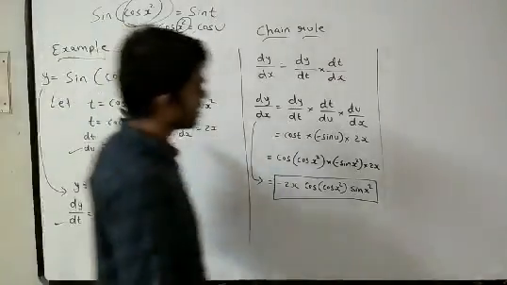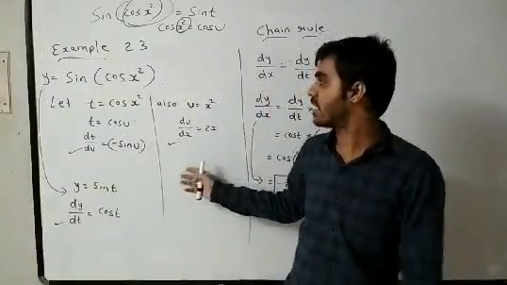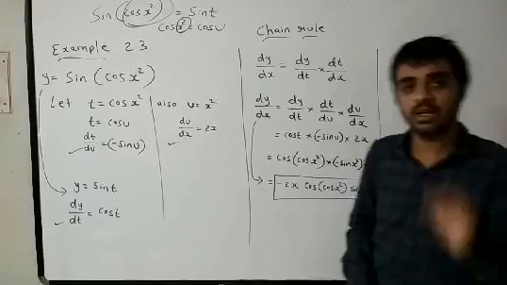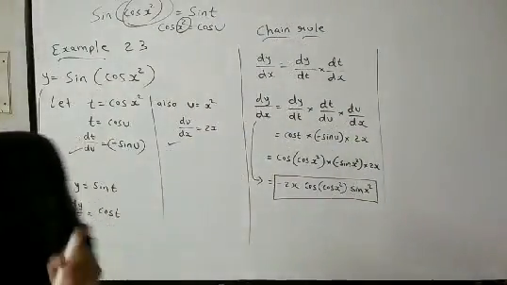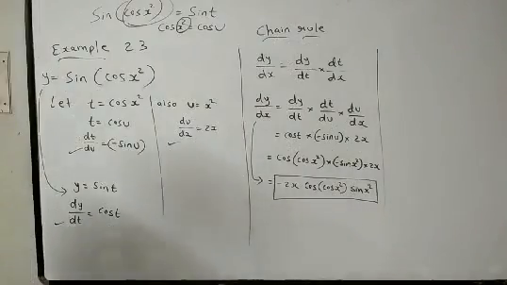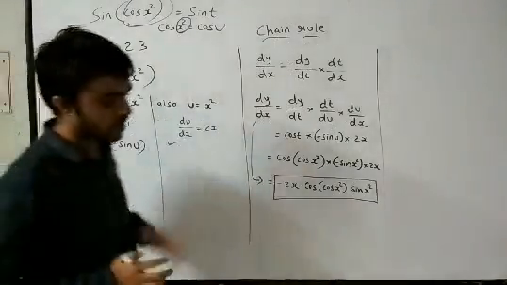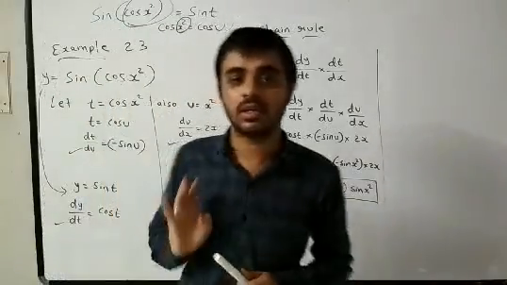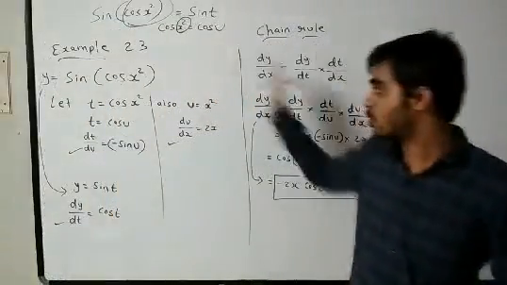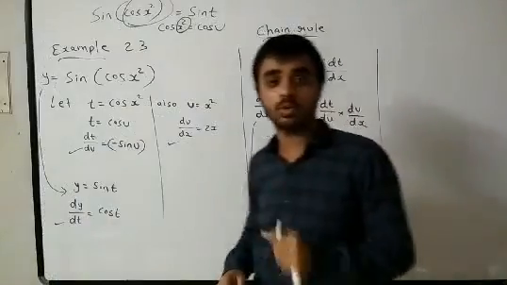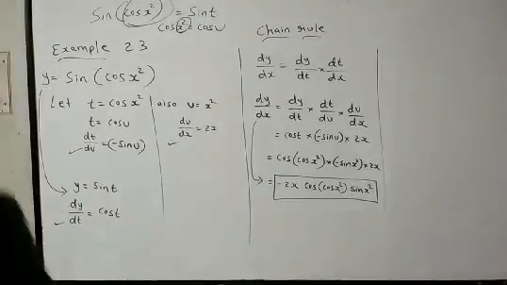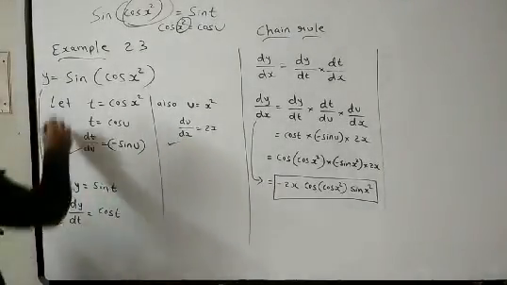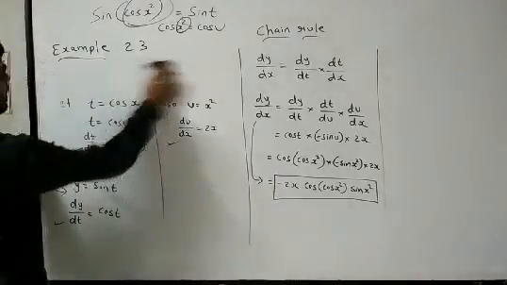I hope that this question is clear to everyone, right? So this is example 23. It is also a very important question, and we are going to solve questions of this type. Question number 4 is there in your exercise. Yesterday we solved questions 1, 2 and 3 in exercise 5.2. Now today we will solve exercise 5.2 question number 4. That is sec of tan under root x.